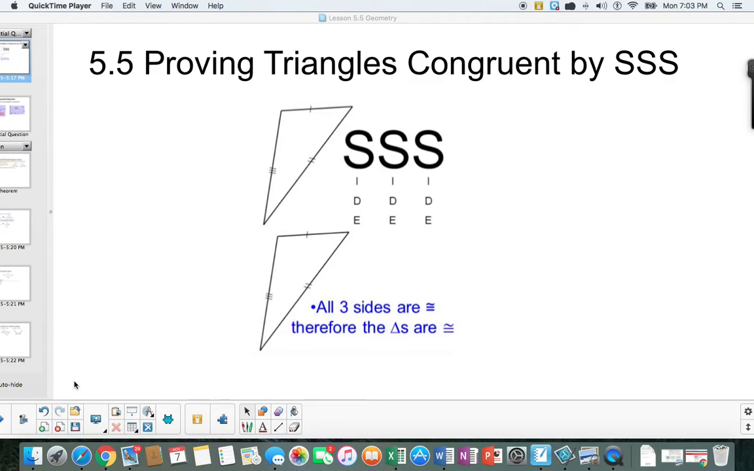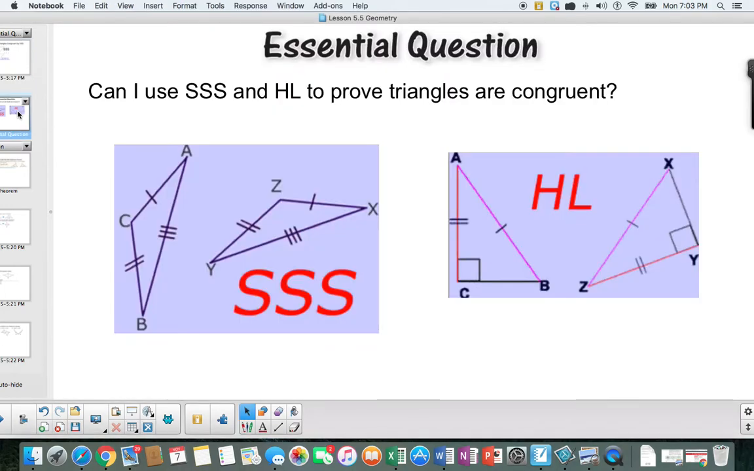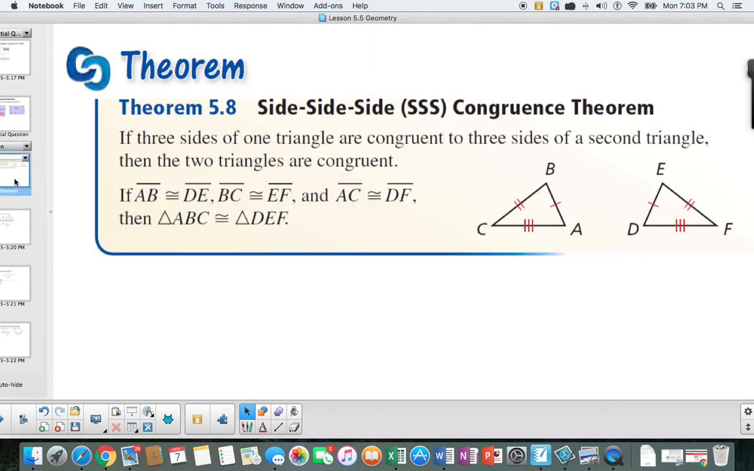Lesson 5.5, Proving Triangles Congruent by SSS. Essential question: can I use SSS and HL to prove triangles are congruent? Our theorem is the SSS congruence theorem, and we are going to show that when you have three sides of one